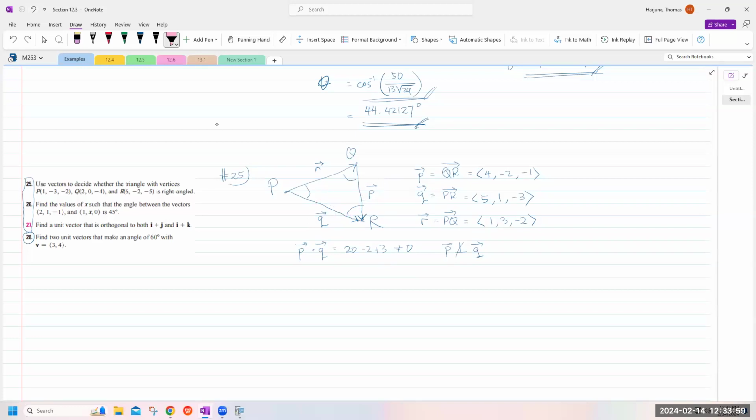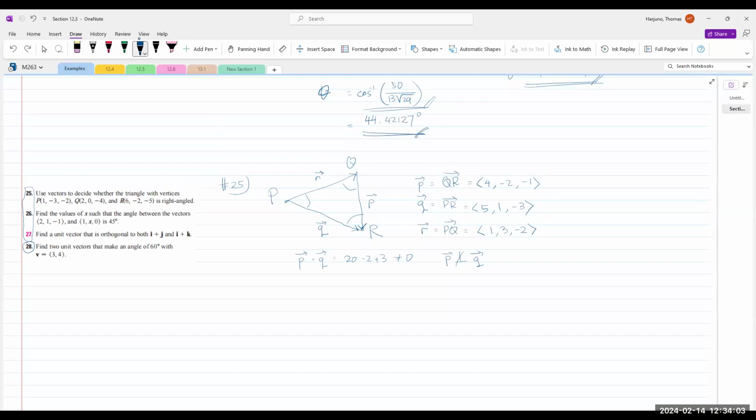And then, how about PR? P dot R is 4 minus 6 plus 2. Oh, this is equal to 0. So vector P is perpendicular to vector R, which means that triangle PQR is a right